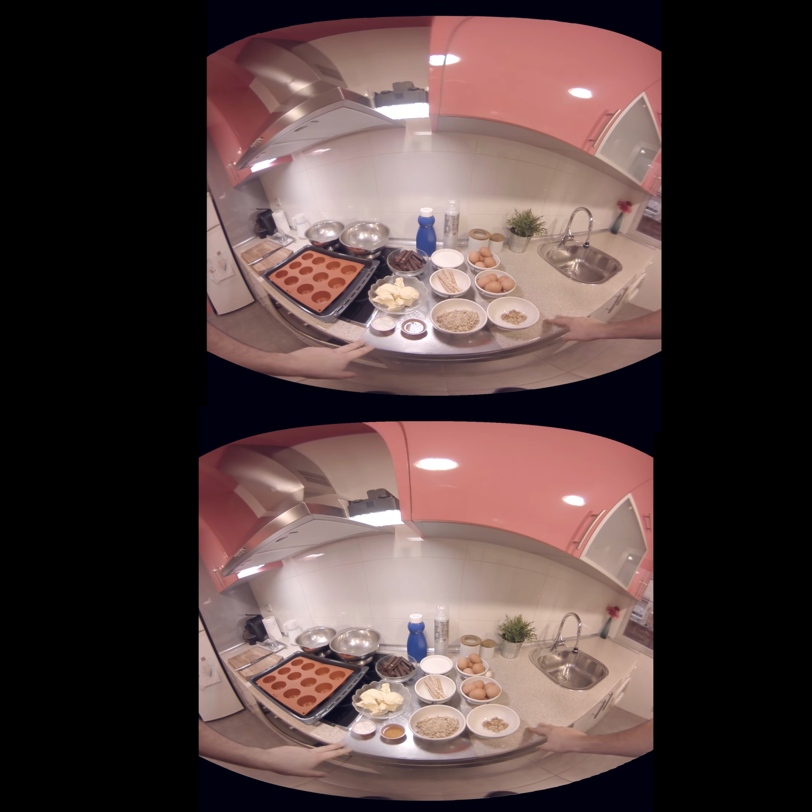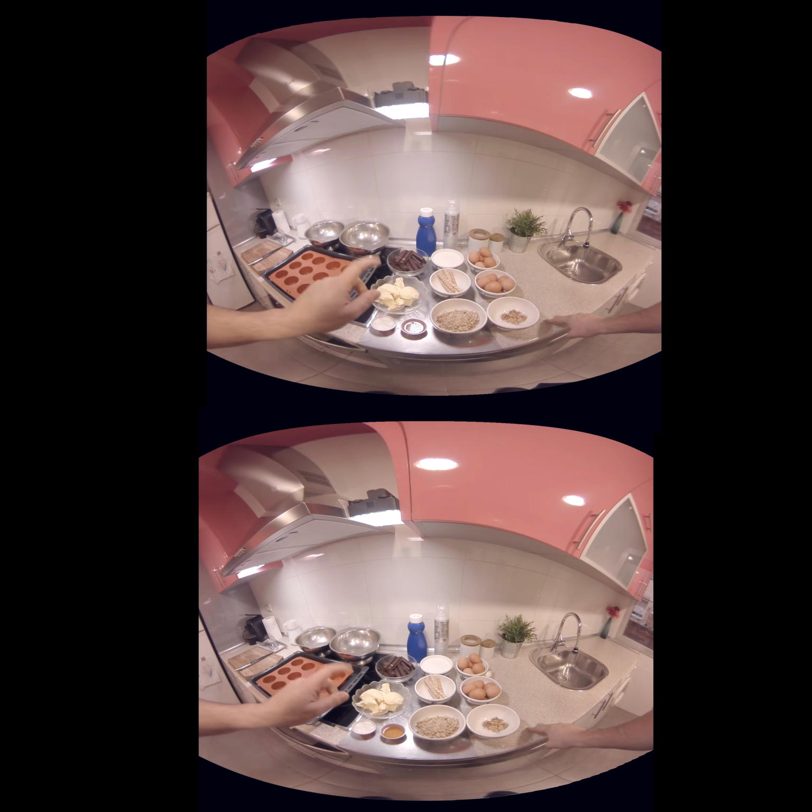The dish we're preparing today is chocolate brownies with walnuts, and we're going to serve it with homemade banana and creamy caramel ice cream. First, let's have a look at the ingredients. To prepare about a dozen brownies, we're going to need